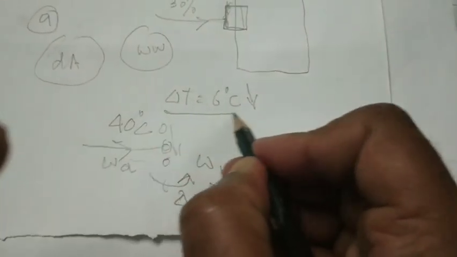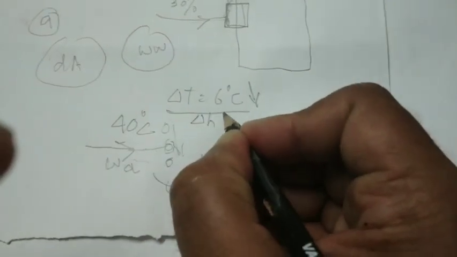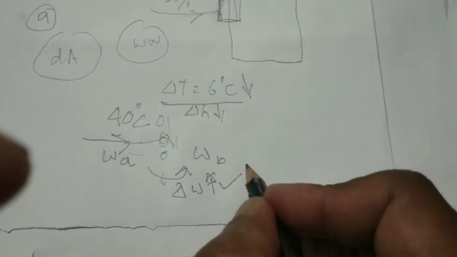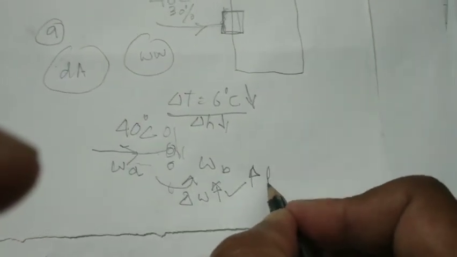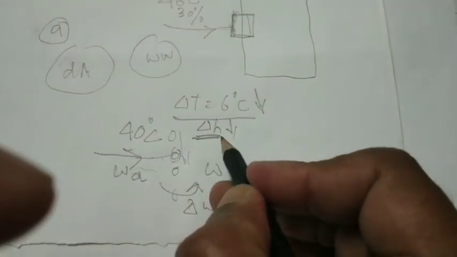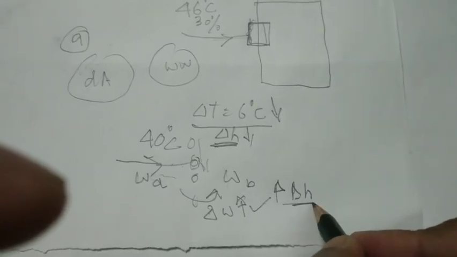So because of the temperature, there is decrease in enthalpy of the air. And because of the humidity, water vapor getting added, there is an increase in humidity of the air. Both ways, heat is changing its form. The temperature heat is becoming humidity heat. It is changing its form only. So the delta H value here is the same as delta H value here.